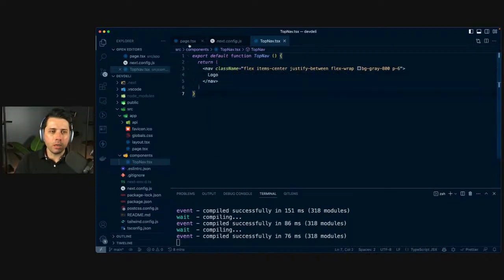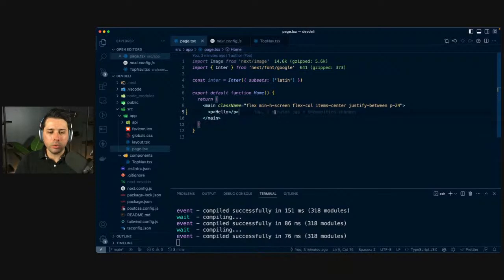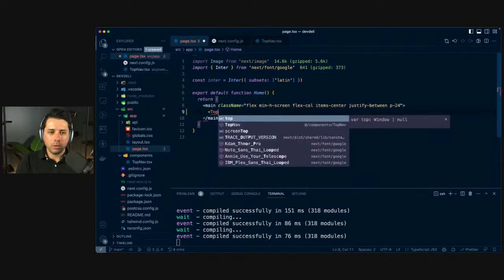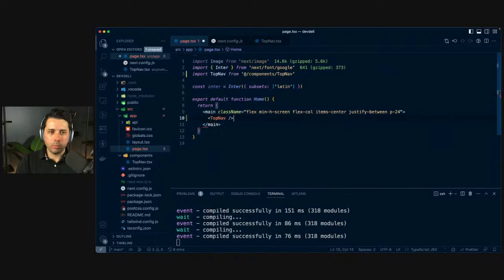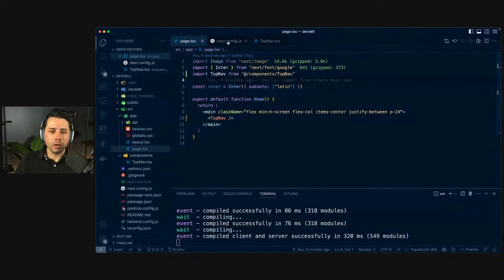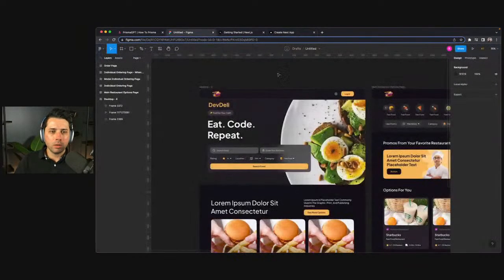Let's try this. Top nav can come into page. Top nav. I'll be able to get you from components. All right, so we've got something there. That's good. Let's get rid of all this. Okay, there's our nav. Cool. Okay, so what we'll do,